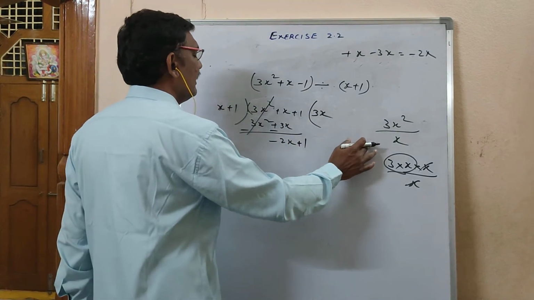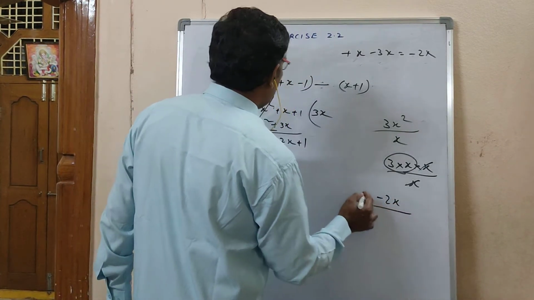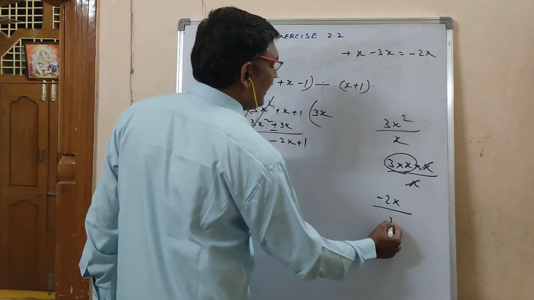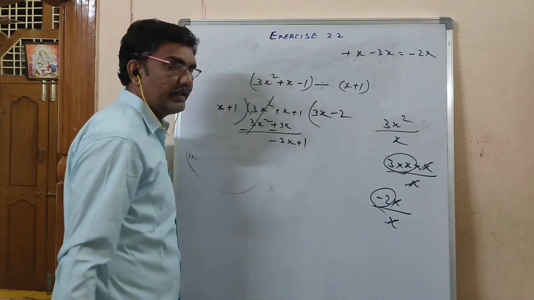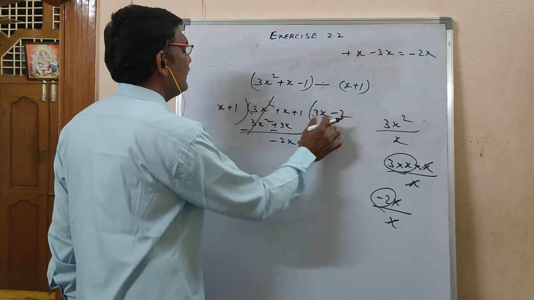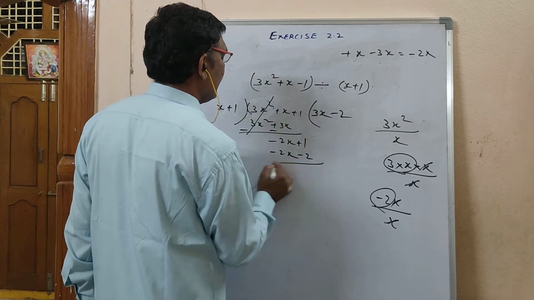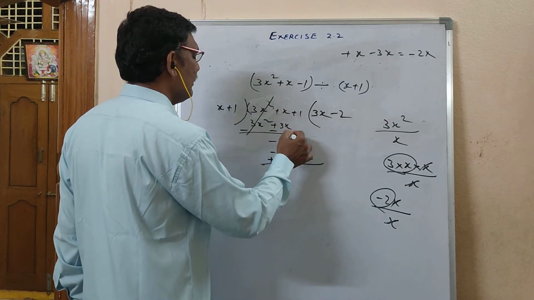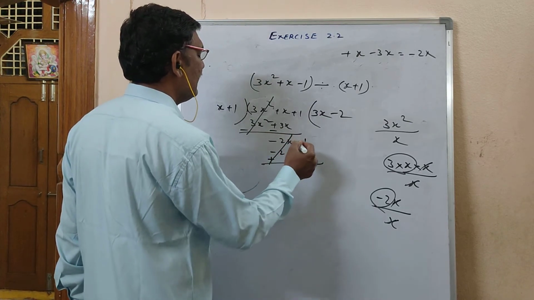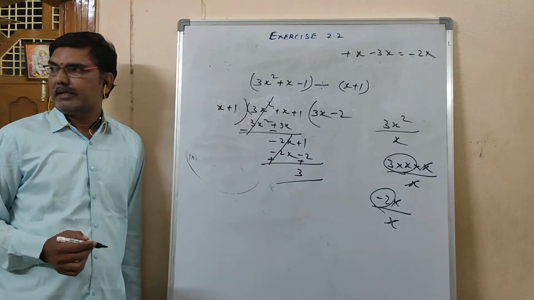Now again same. Here whatever first term is there in the numerator, the first term should be there in the denominator. X cancelled. What is remained? Minus 2. That minus 2 keep it here. Then x into minus 2 is how much? Minus 2x. Plus 1 into minus 2 how much? Minus 2. So if you subtract, the symbols will be changed, I said or not? These two will be cancelled. 1 plus 2, 3. Remainder is 3.